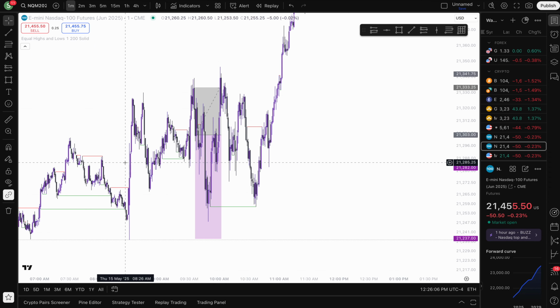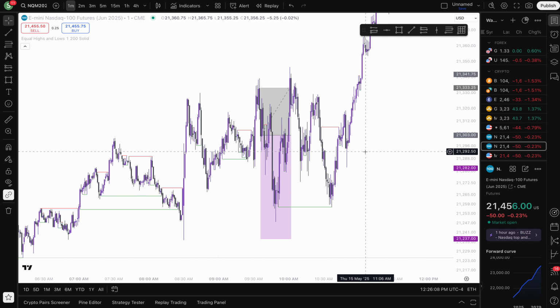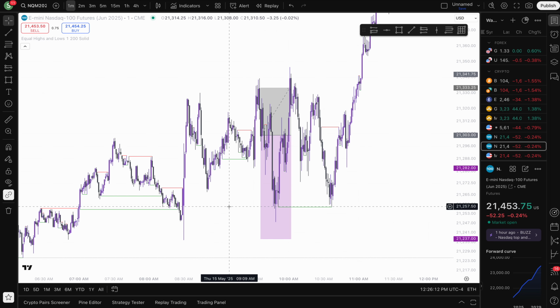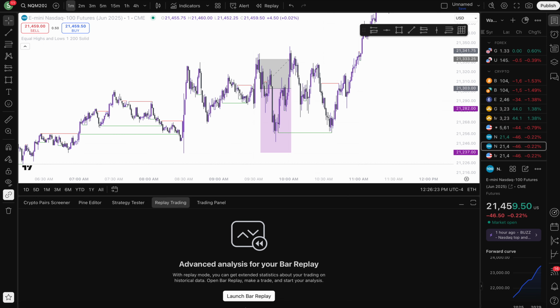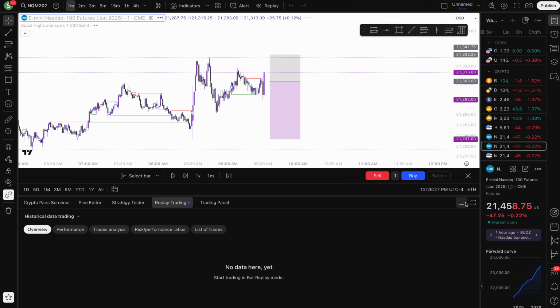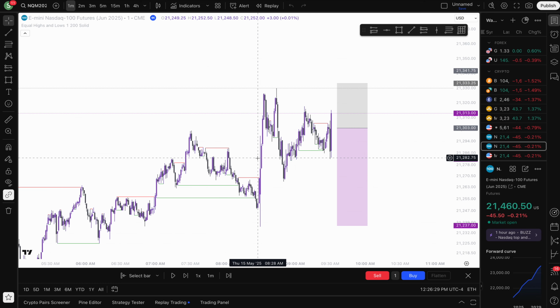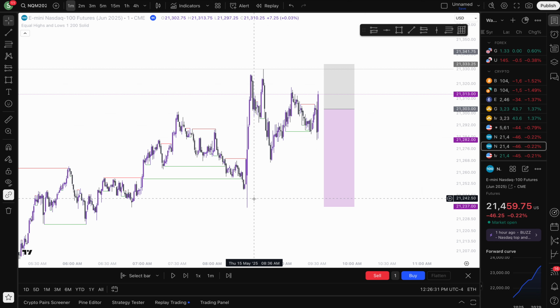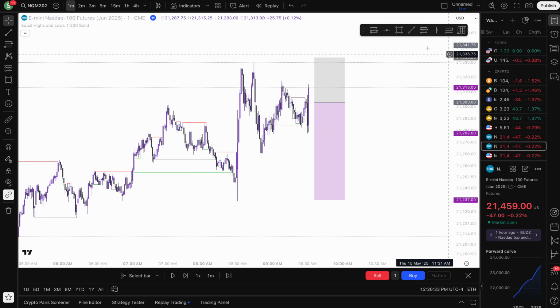Okay, here it is. So boom, this is the trade. Ended up being a scale half break even, but it was a winning trade still. It was my model. So yeah, I'm just gonna get right into the trade. Let me find that replay tool real quick. Boom, 9:30. Boom. Okay, so first things first, my draw of liquidity was immediately this data low